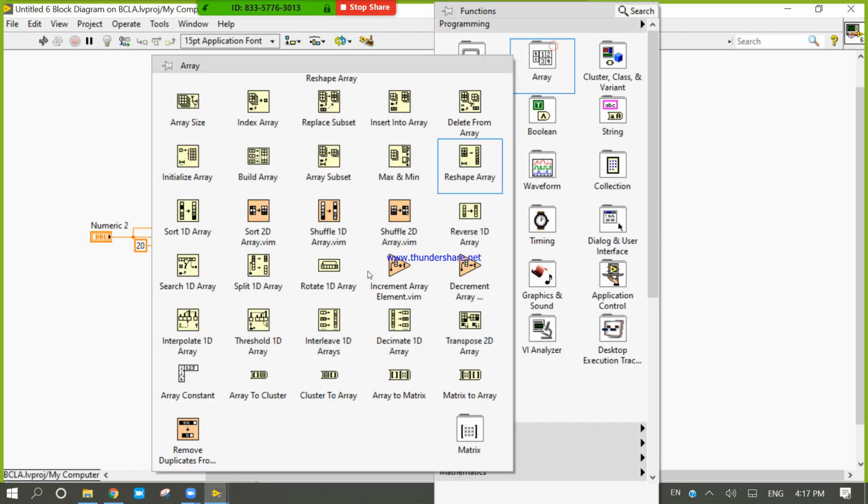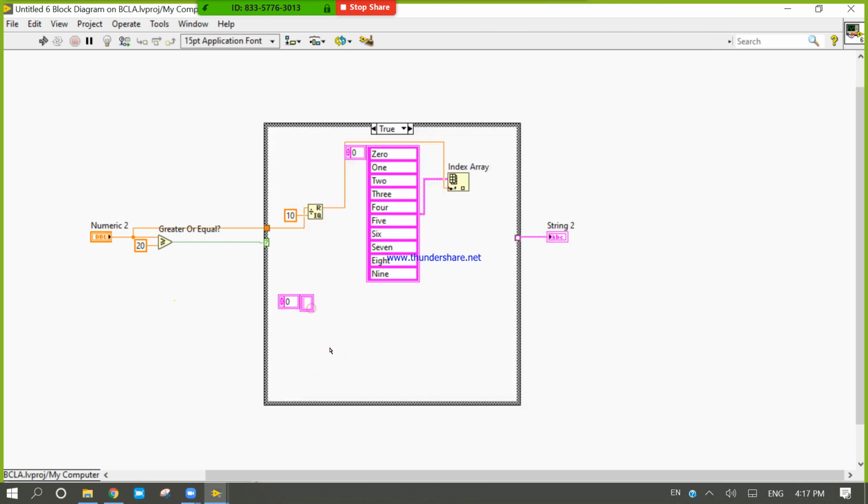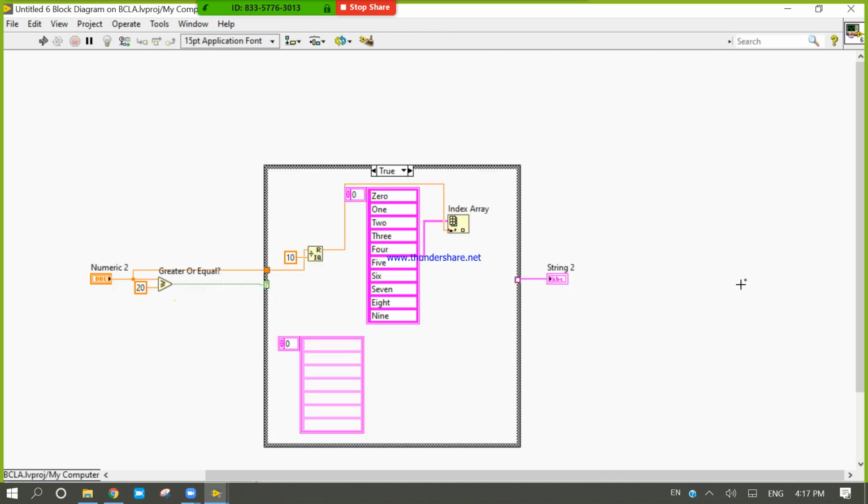Right click, array, take one numeric. Okay, so let's see how we can do.